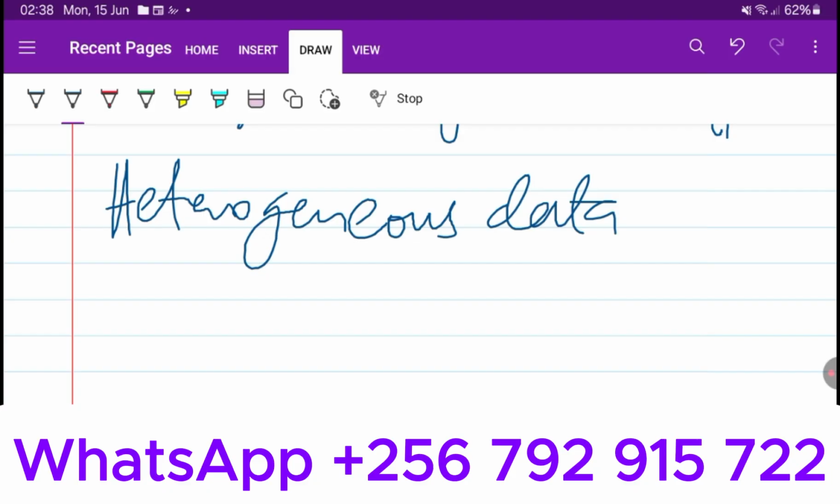They are not applicable to heterogeneous data. Now, of course, the sample is not going to be uniform in all its entirety or in all its attributes or characteristics. Like for instance, you can